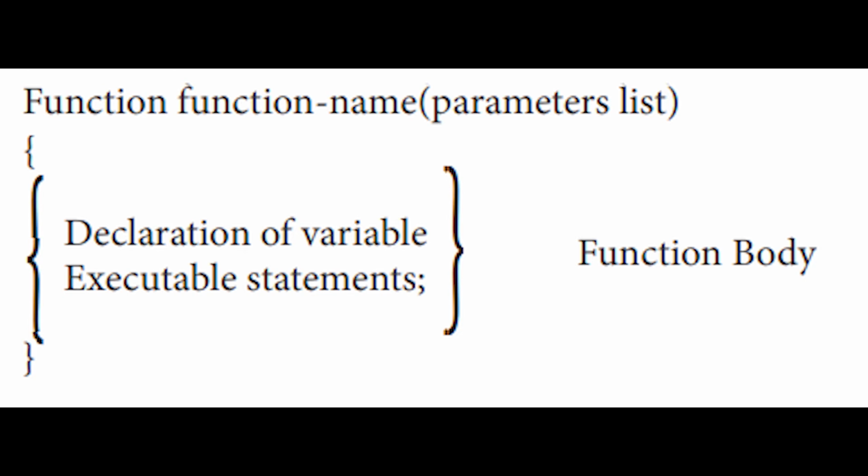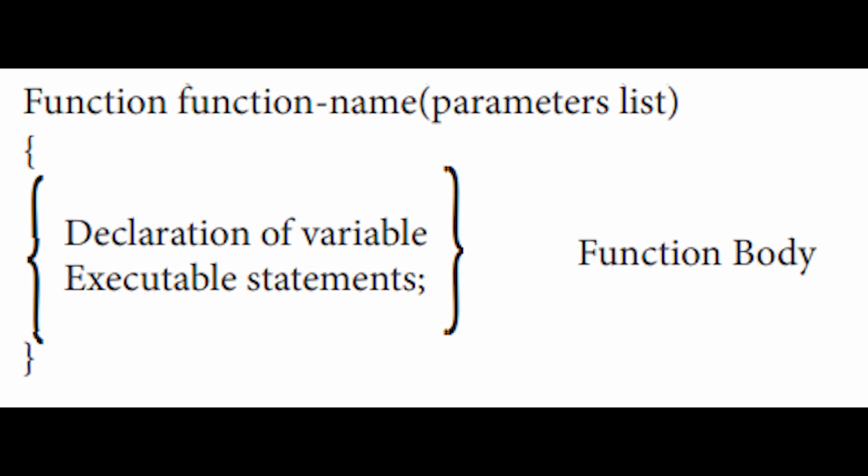Okay, it will have some format also: function, then the function name, and inside the bracket all the parameters, that is if you need A, B, C, D, all the parameters will be included inside the bracket. And the set of variables or the executable statements which will be used for the procedure to do the operation will be included inside this function. Okay, this function will start with an open brace and close brace, that is the flower bracket. You will open the flower bracket and close it. Inside this you can give the operations, and those operations will be executed wherever you call the particular function's name.